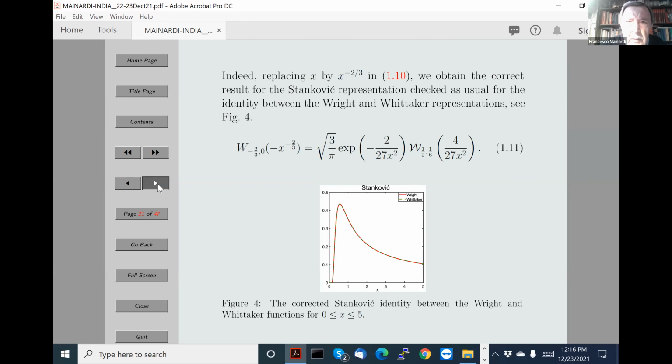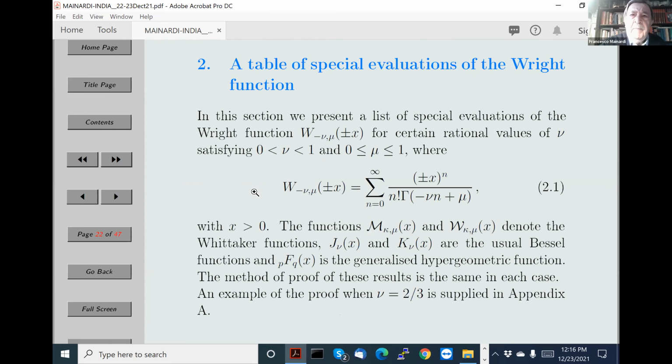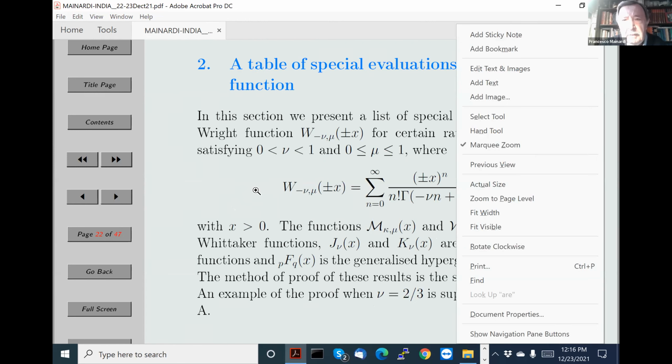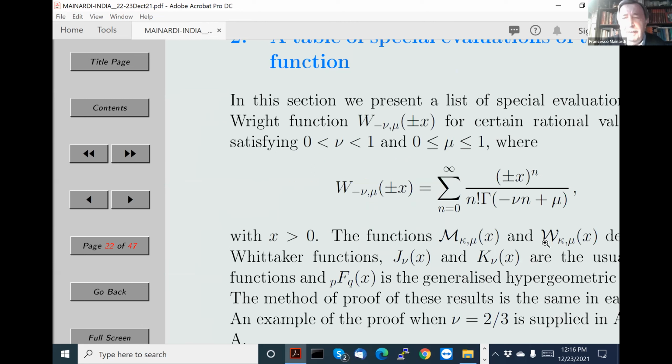Okay. Now, what is a table? Well, the table to relate the Wright function with the Whittaker function. Now Whittaker functions are defined with two symbols, M and W. Same M and W are similar to my symbol, so that for the Wright-type Whittaker function, I used italic letters. This was a problem. The special functions are so many, and it is very natural to see the identity of symbols. Anyway,